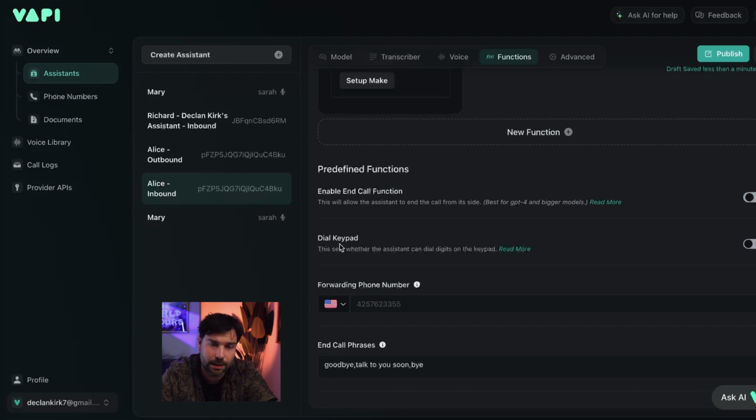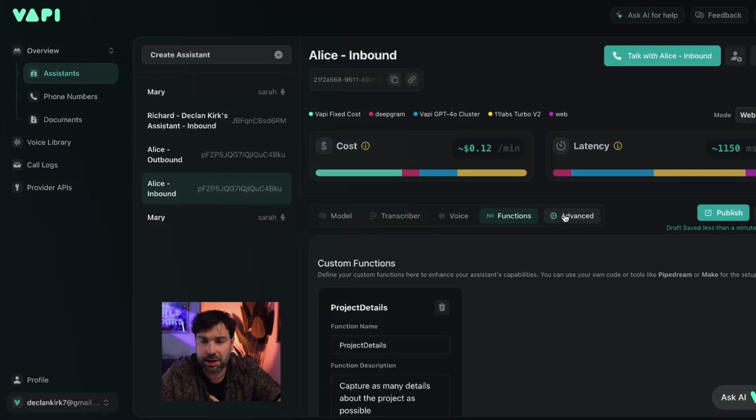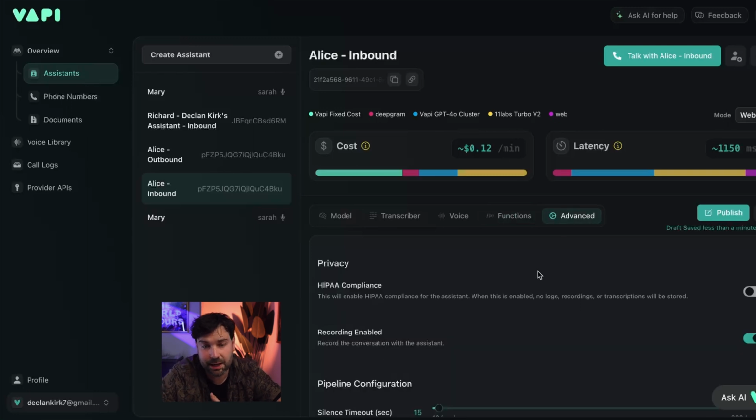And we've also got a forwarding number. So if, as part of our prompt or as part of the system that we create, you want to be able to forward some other person that's speaking to the agent, so maybe a real life human being, or maybe another agent that's specially trained in a different area, you can set that up here. So that would be where you forward somebody to somebody else. And then we've got the end call phrases, which you can click in here and obviously type in whatever it is that we want. Which then brings us onto this files section, which is the advanced section.